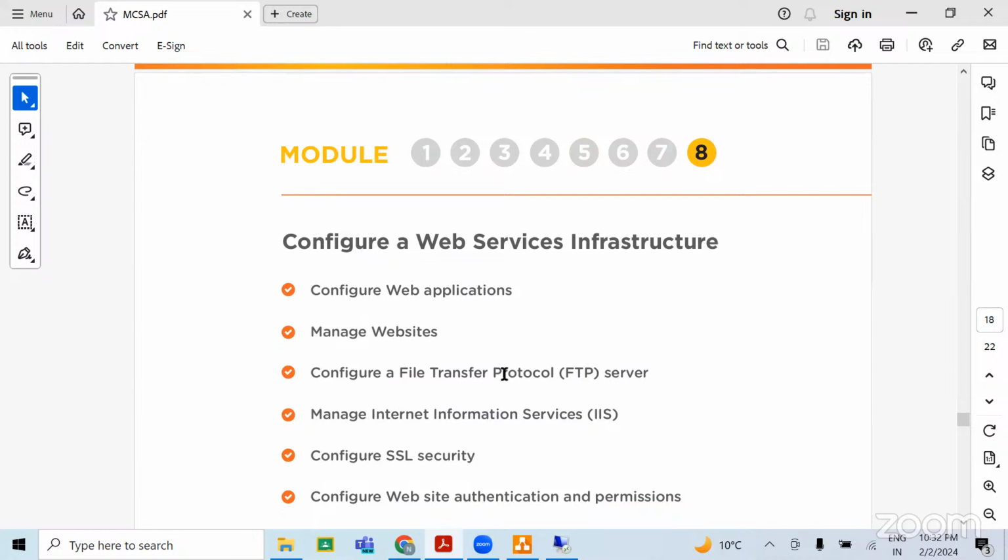And then FTP server, File Transfer Protocol. And then SFTP, how you will be able to transfer your files securely. Let's say you are working from home and you want to transfer some files to your servers which are available in your office, right? So you can transfer it via SFTP services. It will make the connection secure again. Again, it is going to use certificates to make your connection secure. All right.